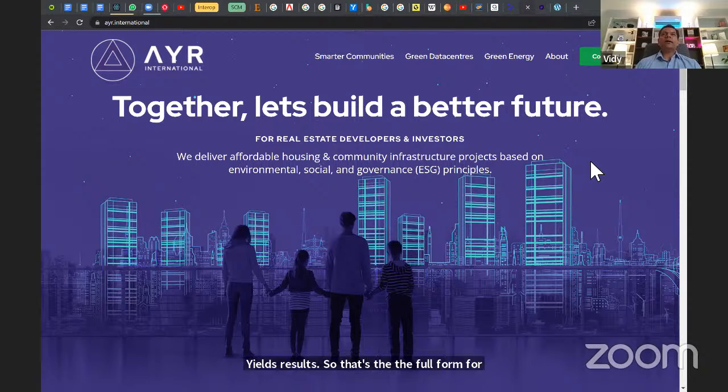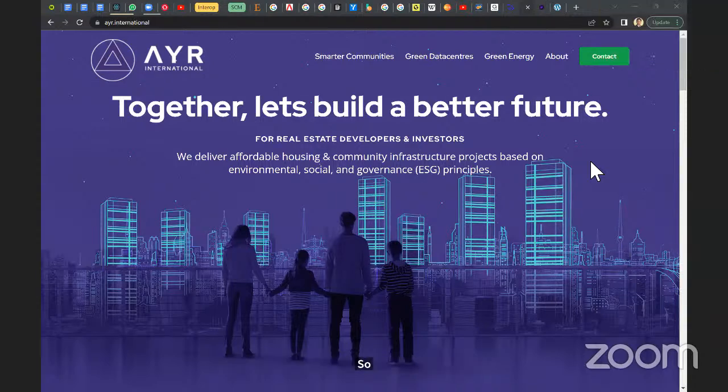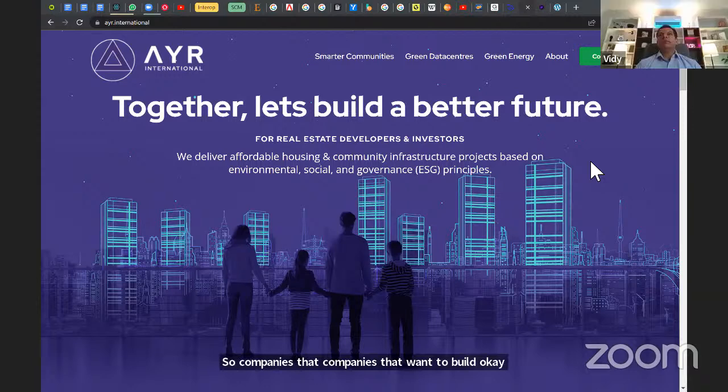Here we are doing tokenization of real estate. So companies that want to build an apartment or a house or a large hotel or some projects like that, we can help raise the funding or the capital that is required to execute these projects by selling NFTs for these projects, and then those who buy the NFTs own part of the share of that particular project.